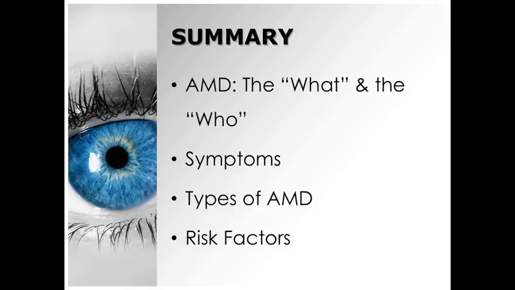Okay, so in summary, what is macular degeneration? Who gets it? What are the symptoms? What types of macular degeneration? We talked about the dry and the wet. The non-modifiable risk factors, age, genetics, modifiable risk factors, smoking being the big one, but also diet, exercise, sun exposure,